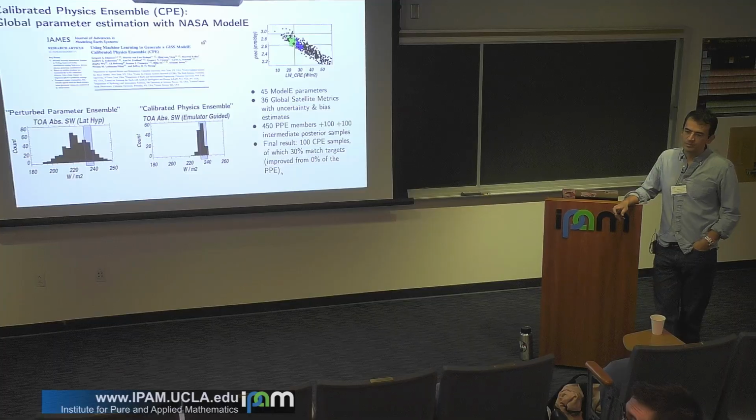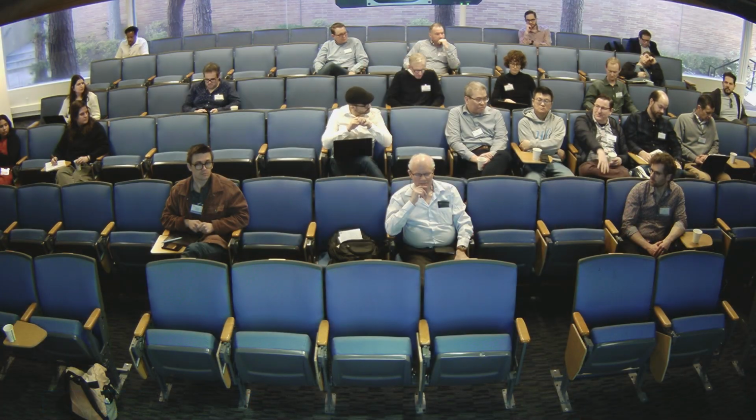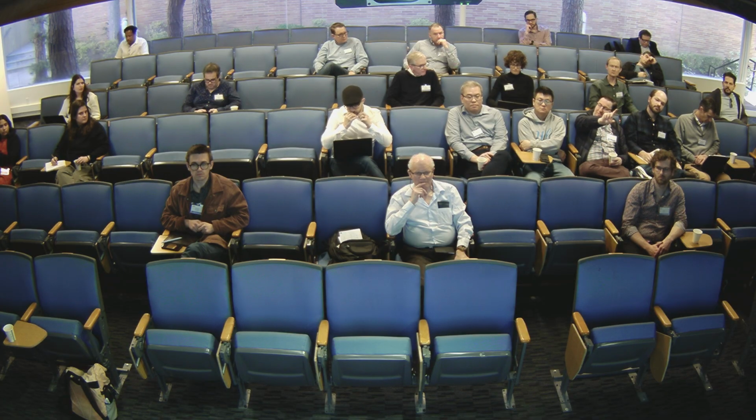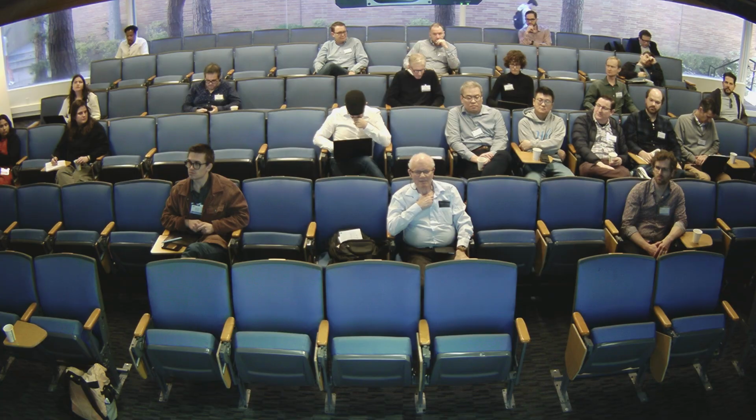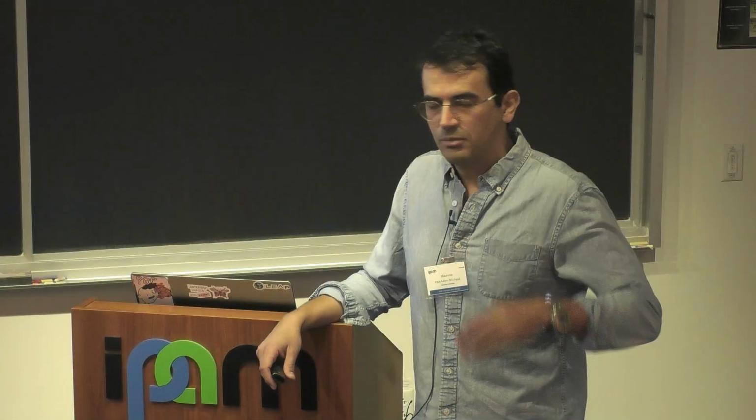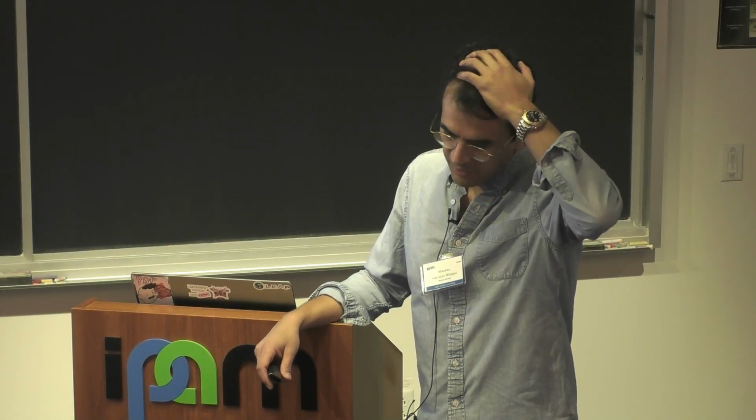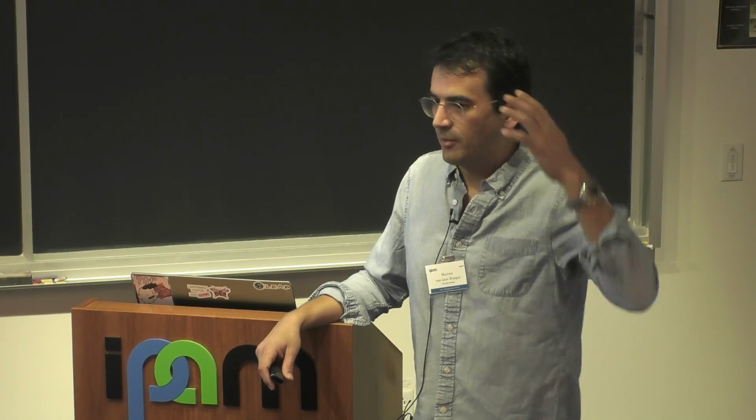I guess one problem I've seen with these is, what do you do with the observations, like your PPE, when the observations are well into the tails or outside of the range of what your model or your surrogate is giving you? Yeah, this is a really good question. So basically you're saying, what if we can't match some observation with our parameter perturbation?